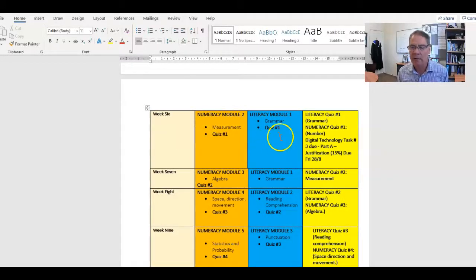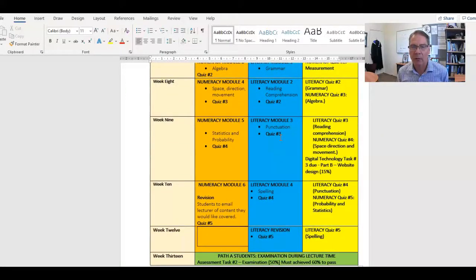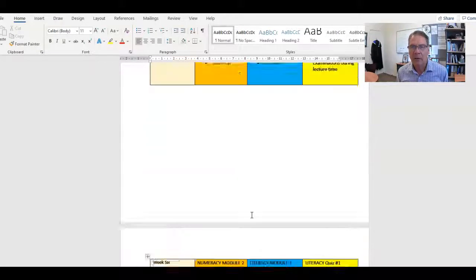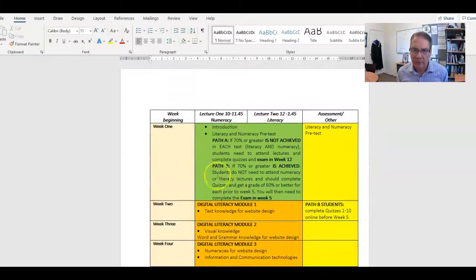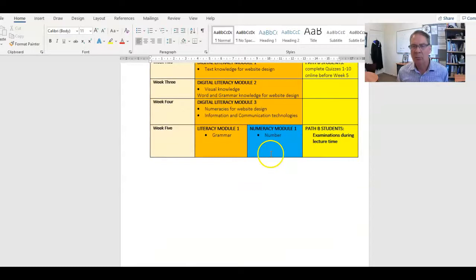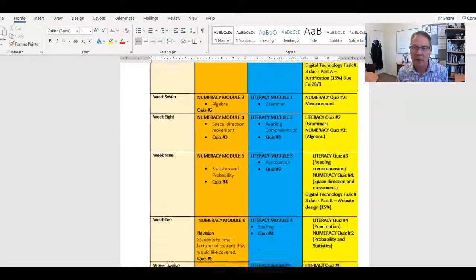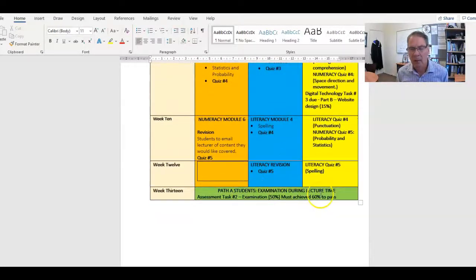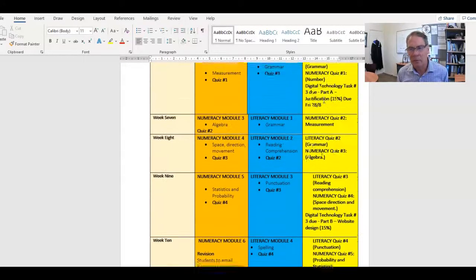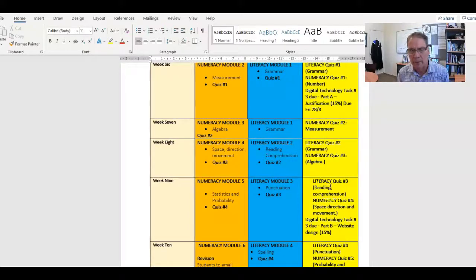And you do a quiz in each of those weeks as you go along. You notice up to quiz number 5. And then we have an examination at the end in week 13 in class. So the broad outline is we have introduction, and then we have the digital element, and then we have literacy and numeracy running parallel for the remainder of the work until week 13. Where's the first task, which was quizzes? We have quizzes along the way. So that's the